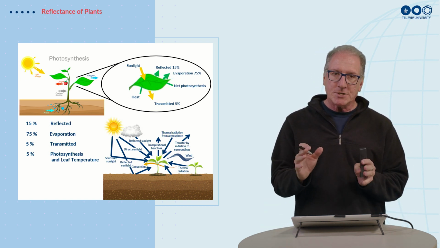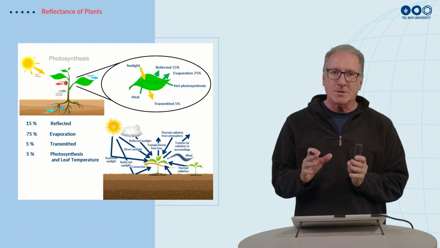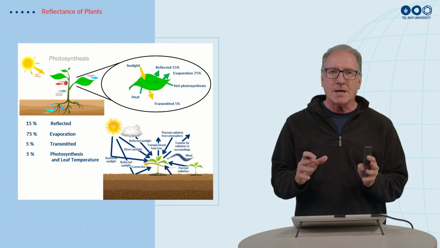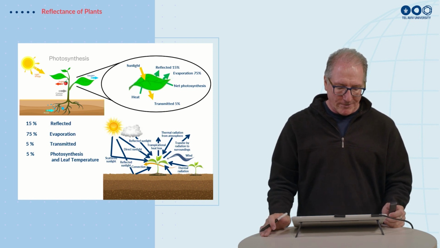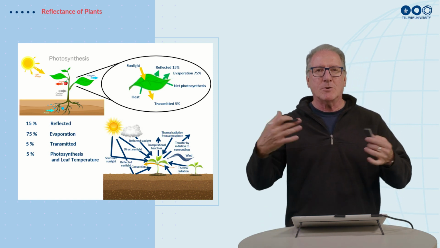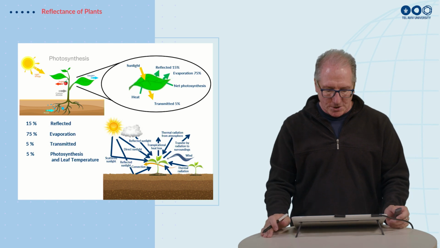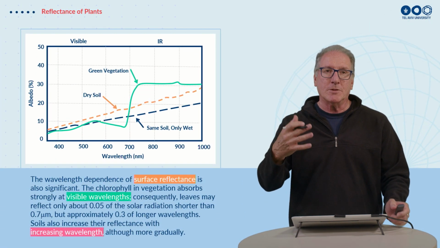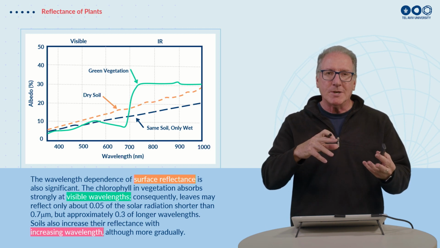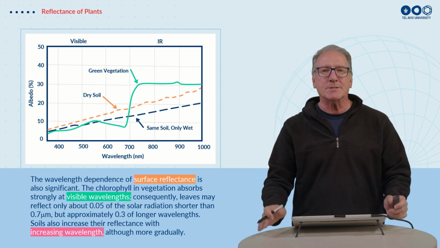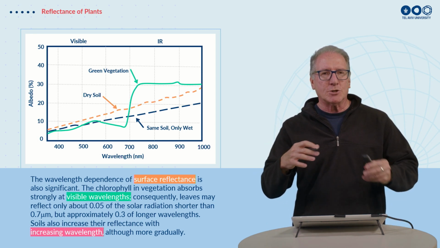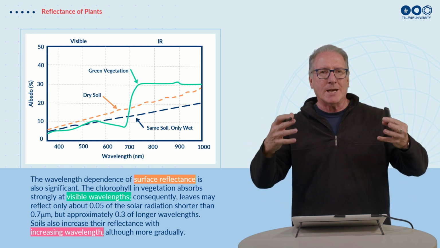So a small fraction is actually used, not very efficient, the process of photosynthesis, and the majority of that energy goes actually to what we call evapotranspiration, the respiration and the evaporation of water from the plants. This also depends on the geometry of the leaves, the shape of the leaves, how many leaves, the density of the leaves. Now, albedo is normally something we talk about as the total reflectivity of sunlight, but if we want to